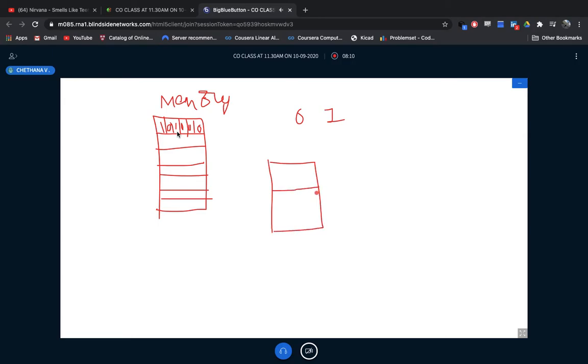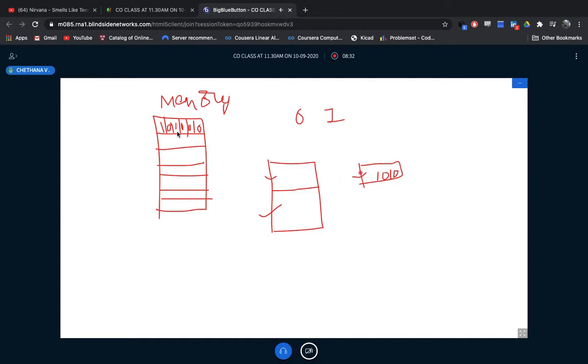So how many locations do I have? I have 2 locations of data. If my memory is only one memory location, like this. If 2 locations are there, one location and a second location. This is only one location. So if this is only one location, I can store data like this. I can store my data 1010, any data I can store.